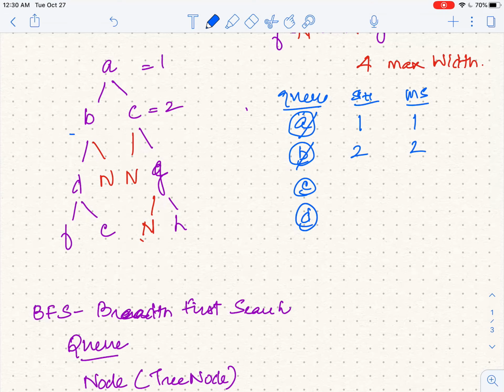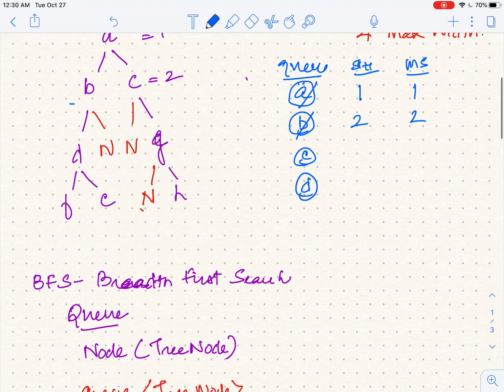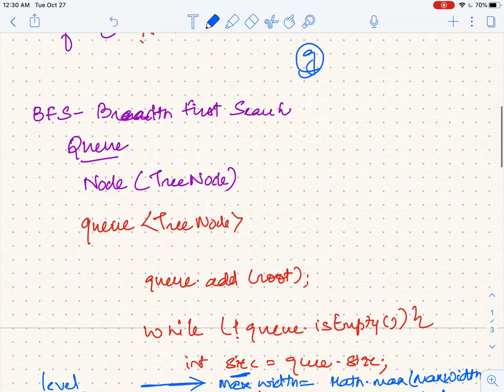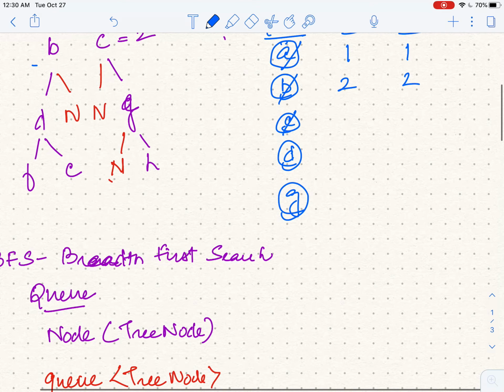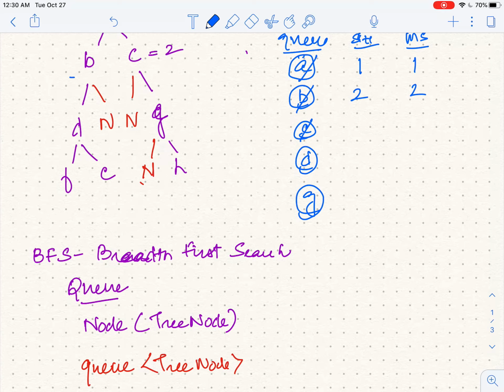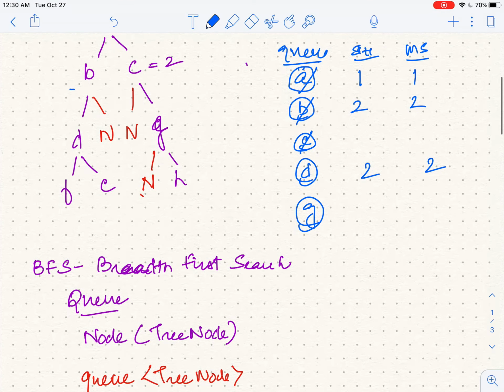There is no right child to B, so basically you don't add anything, and then you poll C out, then you add a right child of C, which is G. Actually, let me erase it, sorry, and we'll add G back. And at this stage the queue size is still 2, and max size is also still 2, but immediately,